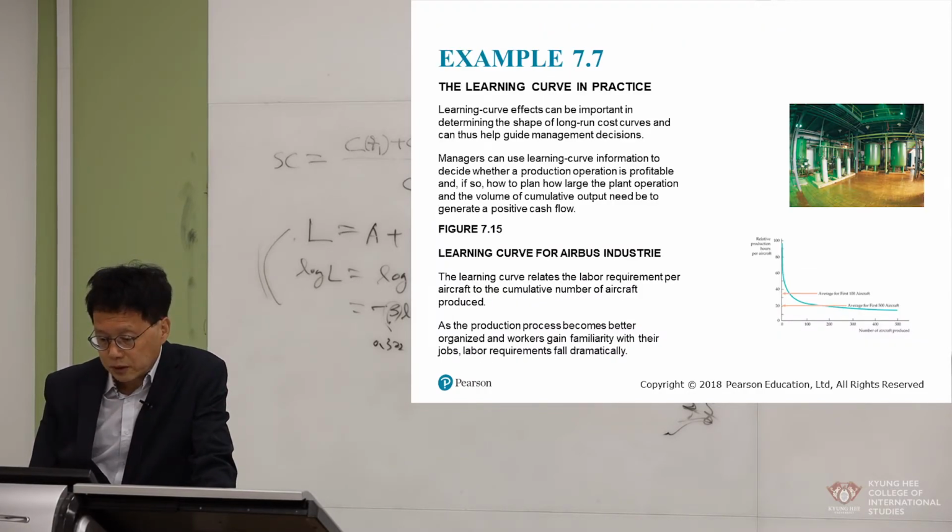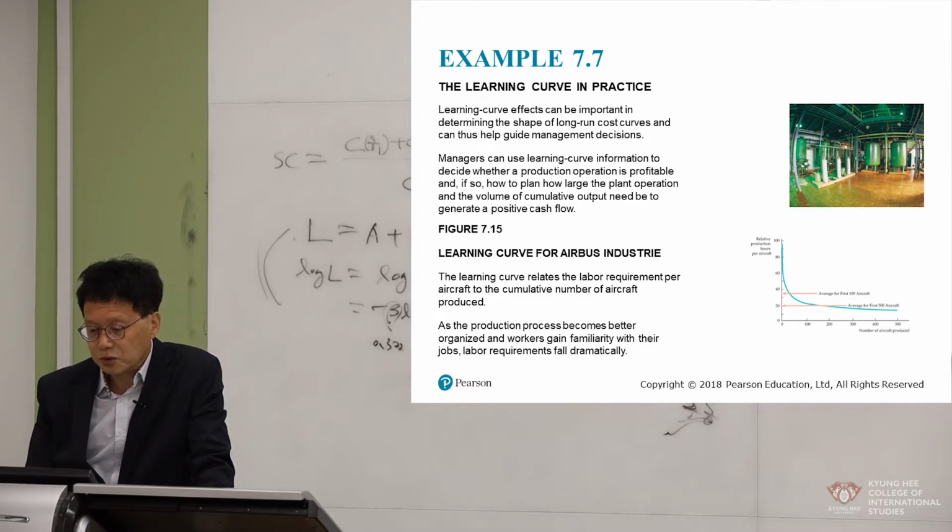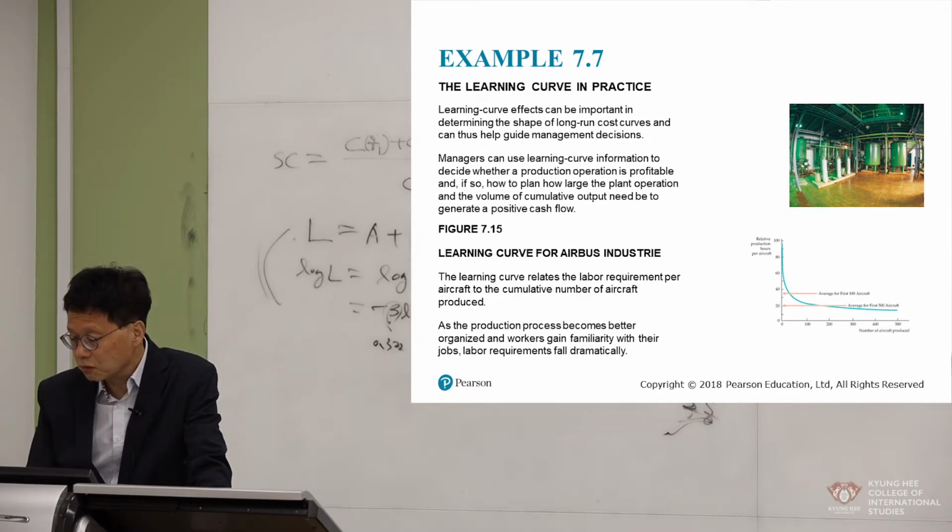Learning curve effects can be important in determining the shape of long-run costs and can thus help guide management decisions. Managers can use learning curve information to decide whether a production operation is profitable, and if so, how large the plant operation and the volume of cumulative output need to be to generate a positive cash flow. The learning curve relates the labor requirements for aircraft to cumulative numbers of aircraft. That is cumulative numbers,